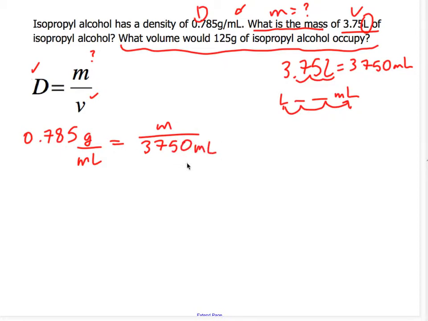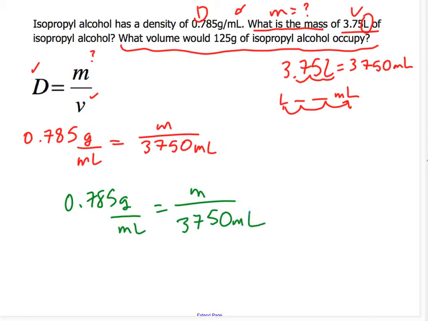Okay, so now to figure out what mass is, I need to get mass on a side by itself. So I'm going to take each side and multiply it by whatever this is on the bottom, because I have to get rid of this on the bottom. So I'll just rewrite the whole thing again. 0.785 grams per milliliter is equal to mass over 3750 milliliters. So let me get the color here. I'm going to take this side and multiply it by 3750 milliliters, and I'll take this side and multiply it